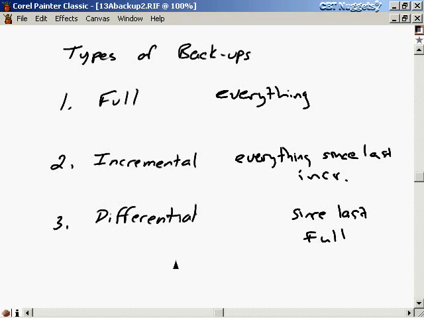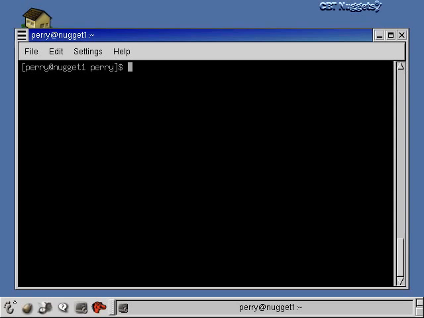And you have to plan out your backup schedule. Like I said, it could be once a month for full backups. It could be once every 3 months, once every 6 months. It depends on how sensitive your information is, how much data there is, and you just have to make those decisions for your particular setting. Probably the most standard way to do backups and restores on a Linux system is with